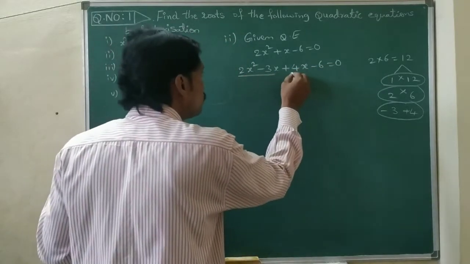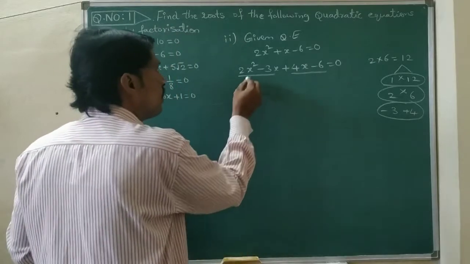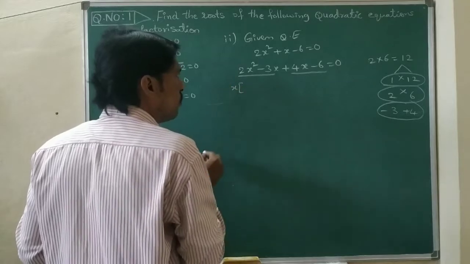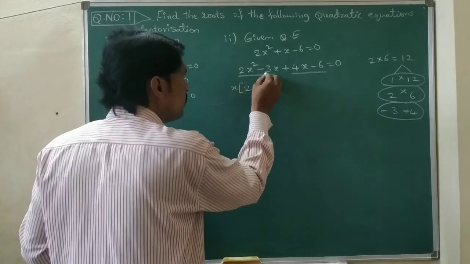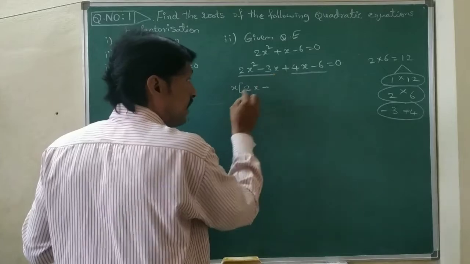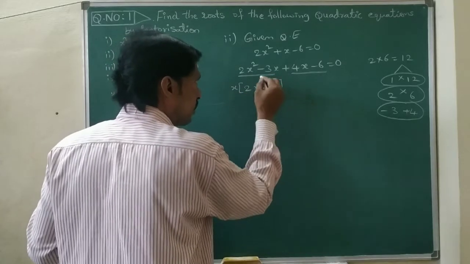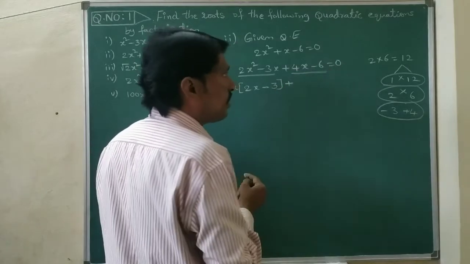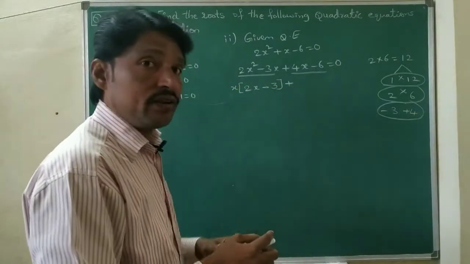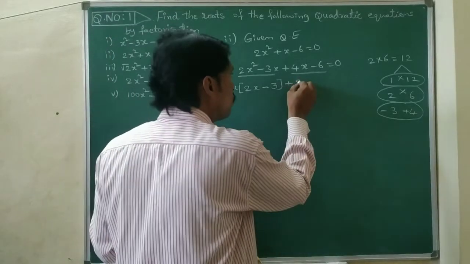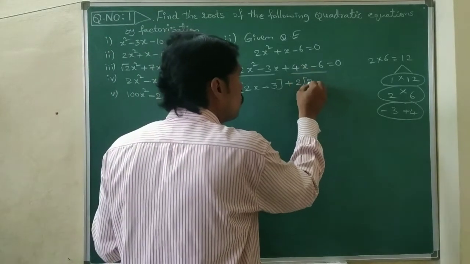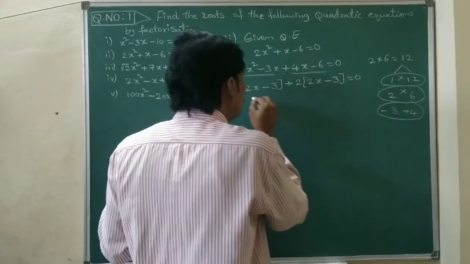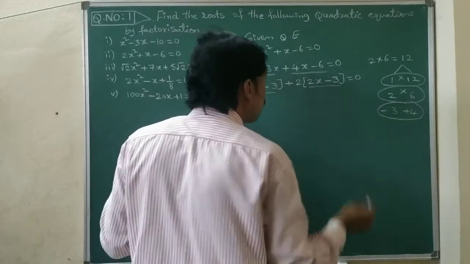Here you divide into first 2 terms and second 2 terms. In this, we take only x as common. Taking x common, 2x remains, and 3 remains with the minus. Here, in this one we can't take x as common, but we can take 2 as common. Taking 2 common: 2 2 is 4, x minus 2 3 is 6, equal 0. Here 2x minus 3, here also 2x minus 3.